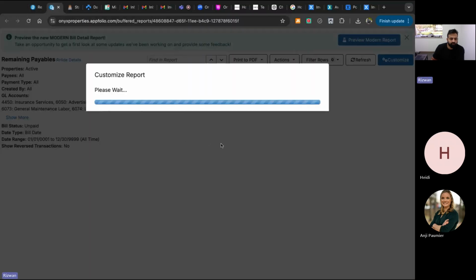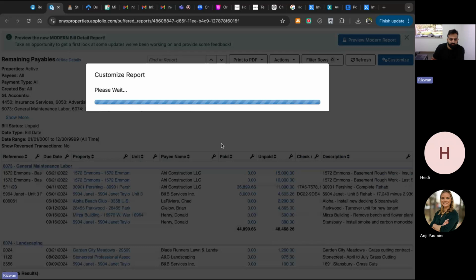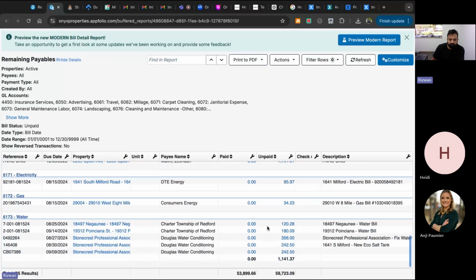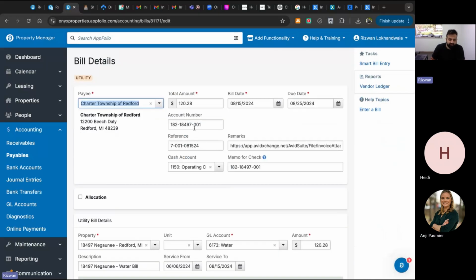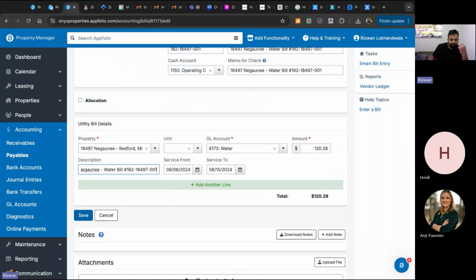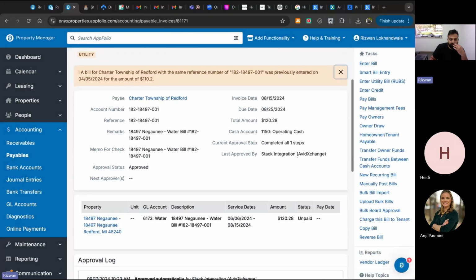And so they should be the water bills. Mm-hmm. Yep. These are it right here. Perfect. And then, so if I wanted to go in here. Yep. Heidi always has to update it in Avid and then also redo it here. Like we want to just reduce the amount of work that we're doing. But anyways, let's save it. We save it. And then now,